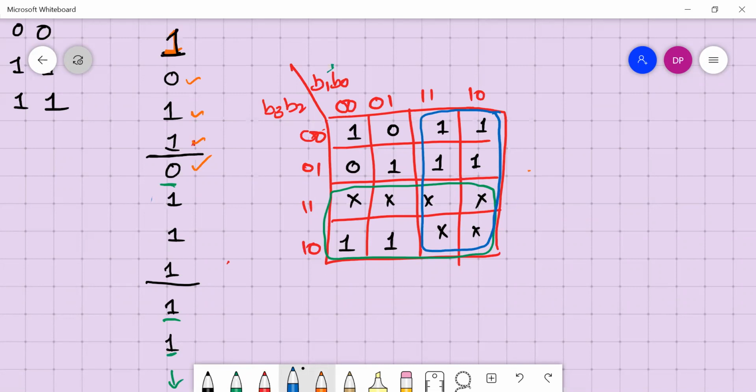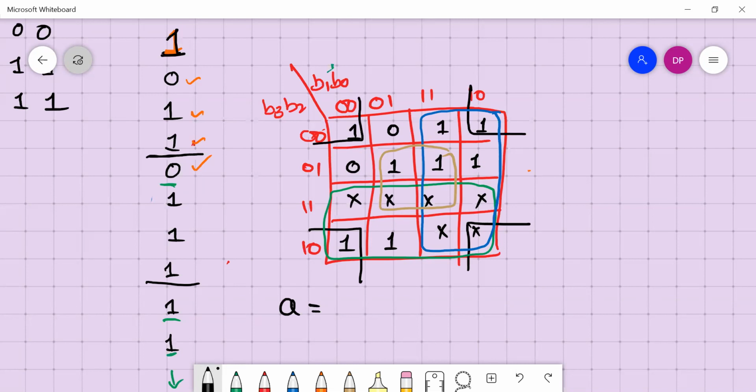Then remaining are these two ones. You can make a group of this 4. And what else we can make? In 4 different corners also, we have ones. This one, this one, this one, and this one. Right? So what we can write?